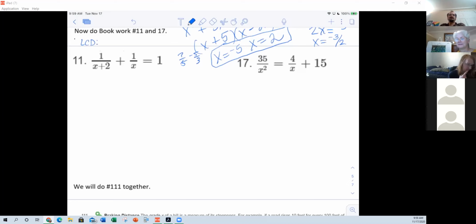Are you supposed to find the least common, what's called least common denominator? Yeah, lowest common denominator first, right? What is the lowest common denominator? Isn't it x and then parentheses x plus 2? That's it, exactly. So that's what we're going to multiply this whole equation, every single thing in this equation by